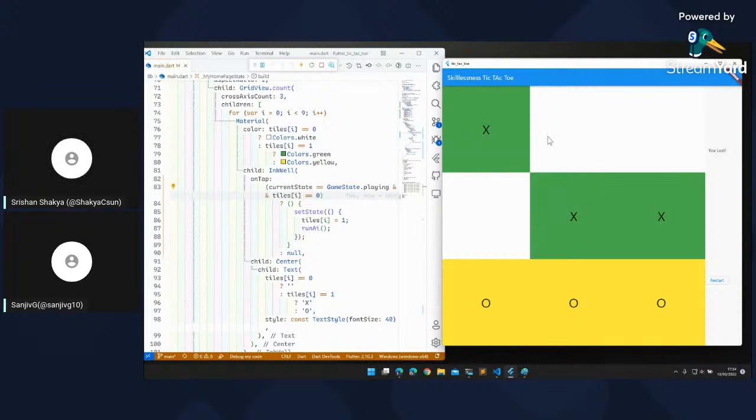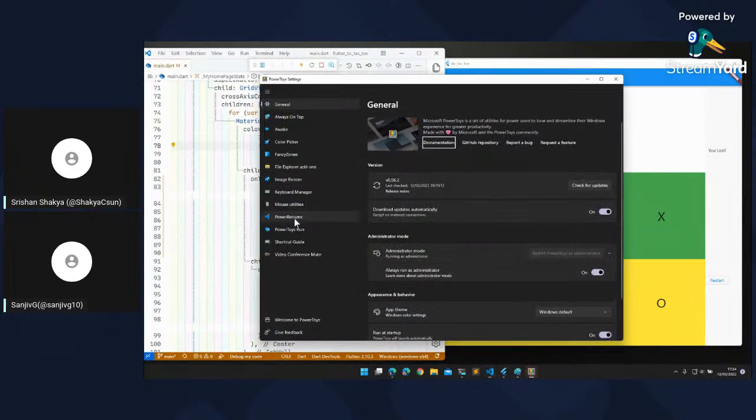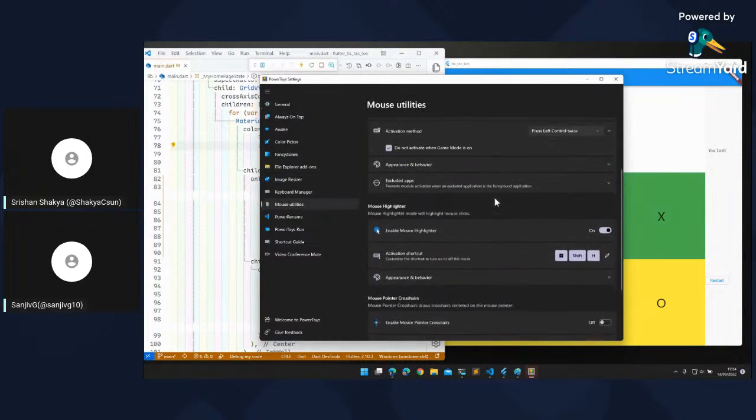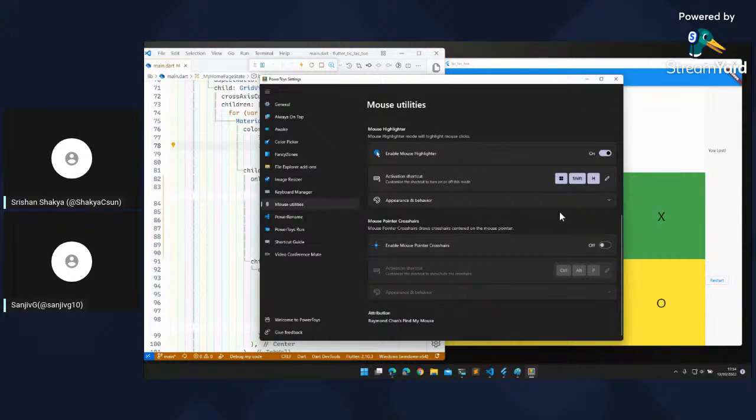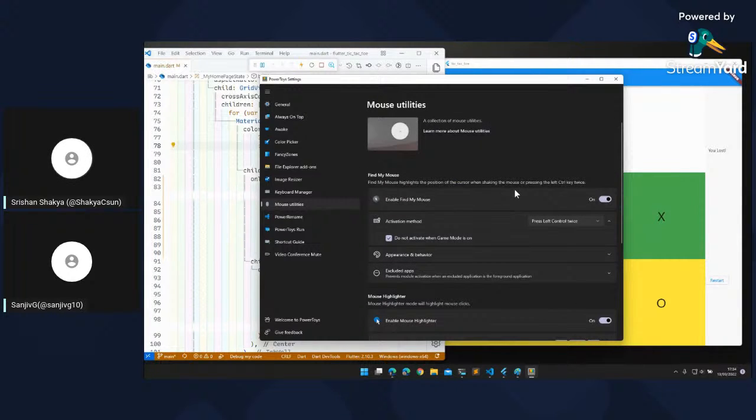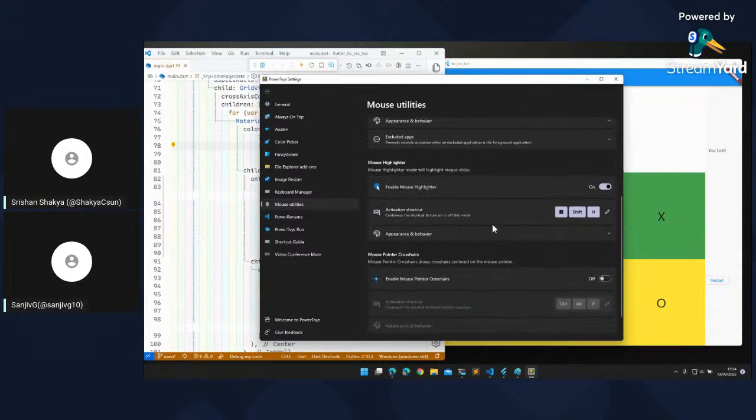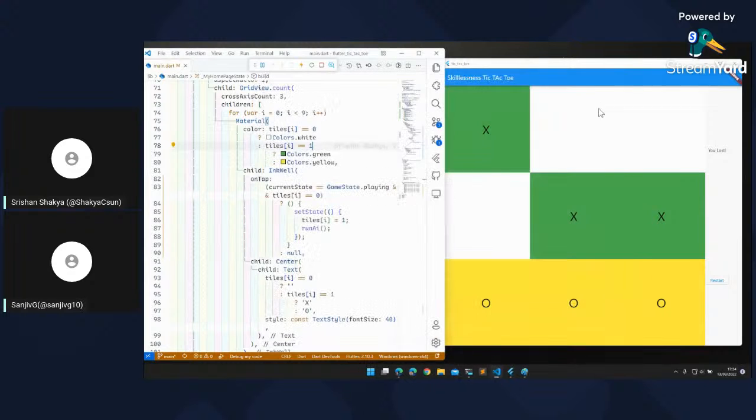So I can also maybe show you if I have clicked or not. Mouse utilities, enable mouse highlighter. I think we need to check the draw state as well.